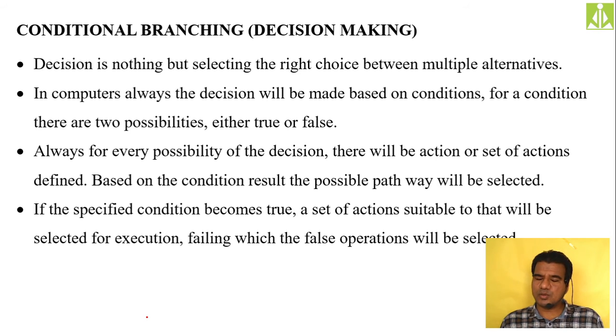So a loop will simply execute the given statement more than once, up to some specified number of times. Don't think that it will execute that statement an infinite number of times. It will execute up to some specified number of times. We are going to tell the compiler that we need this many executions of this particular statement. So it will consider that statement for repeated execution up to the specified number of times. Hopefully you understood.